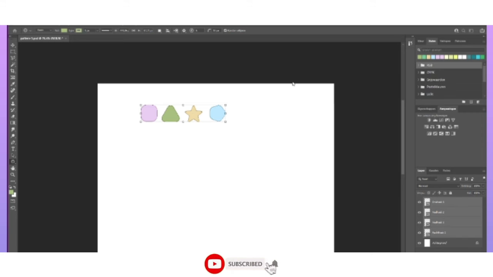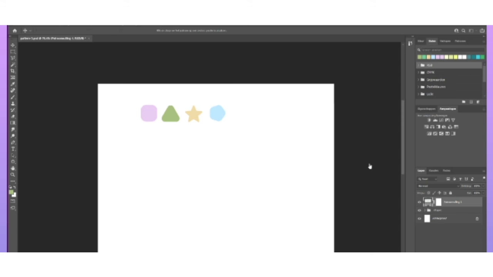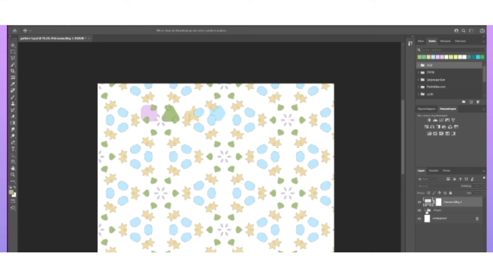Okay, so I'm gonna use this pattern to make the card background because, you know, that's what I want to do. Okay, so I finally got it. We'll just, okay, shapes, and then I will add this pattern because I like this one, and I will turn off shapes.